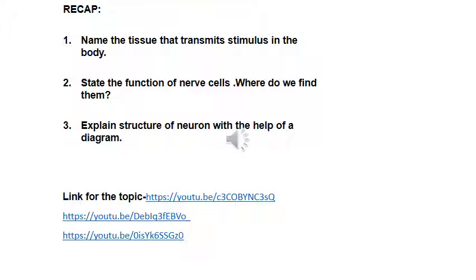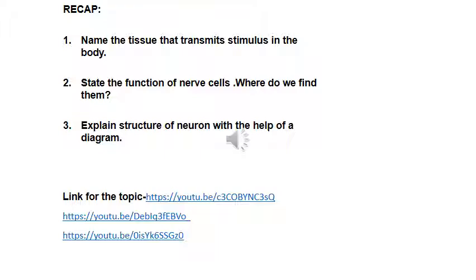Okay, now recapitulation. The first question here is, name the tissue that transmits stimulus in the body. The answer is clear to you. It is nervous tissue. State the function of nerve cells. Yes, what is the function here? It helps in carrying the messages from one part of the body to other. It brings the information from outside to inside and gives it to the brain. Where do we find them? We find them in brain, in spinal cord, and in the nerves, which are present